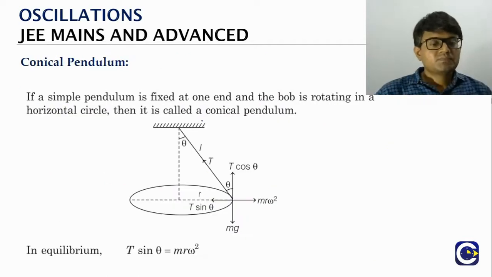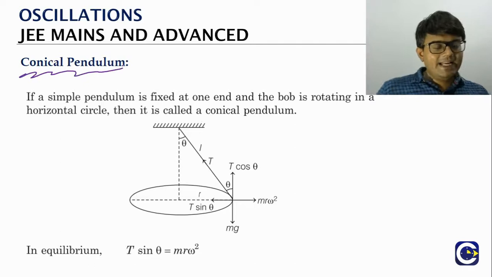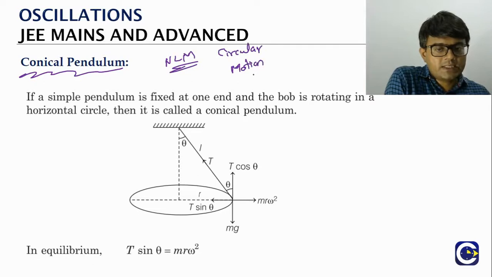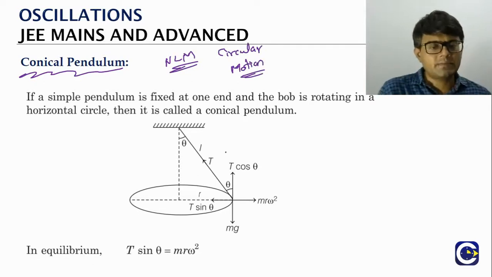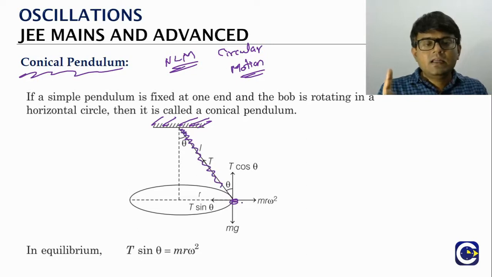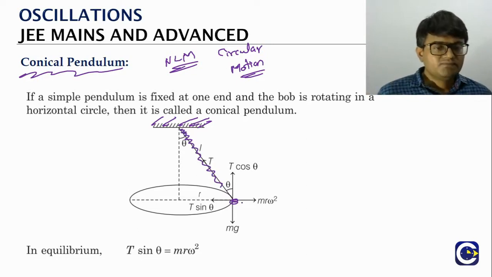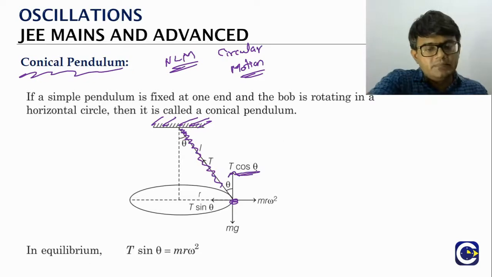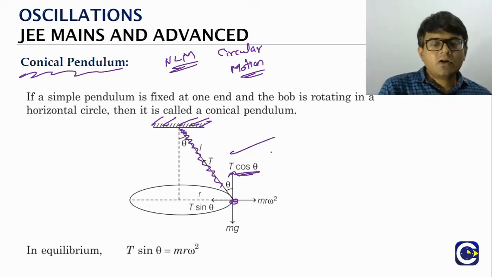Now we will move into another example which we call the conical pendulum. This one we have even discussed in our Newton's laws of motion, in the circular motion case. A conical pendulum is nothing but a fixed or rigid support, from which, using a wire, we connect an object, and the object rotates in a horizontal circle. If you take the force components, the tension can be resolved into two components: T cos theta upward, and T sin theta horizontal. T cos theta will balance the weight.